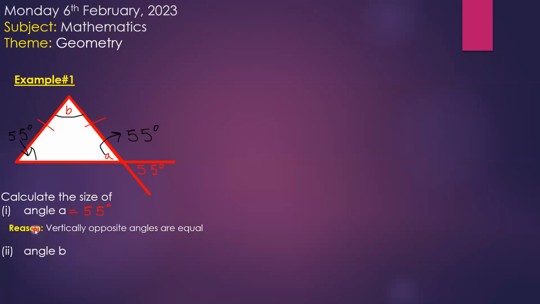So for those who are still wondering, this is 55 because obviously this is vertically opposite to that. That's why A is 55. But because we have these strokes, they indicate that this angle and this angle are equal to each other. So if this is 55, this must also be 55. So both of them are 55. And we know that angles in a triangle all add up to 180 degrees. So it's going to be 180 degrees minus what? 55 plus 55. So B equals